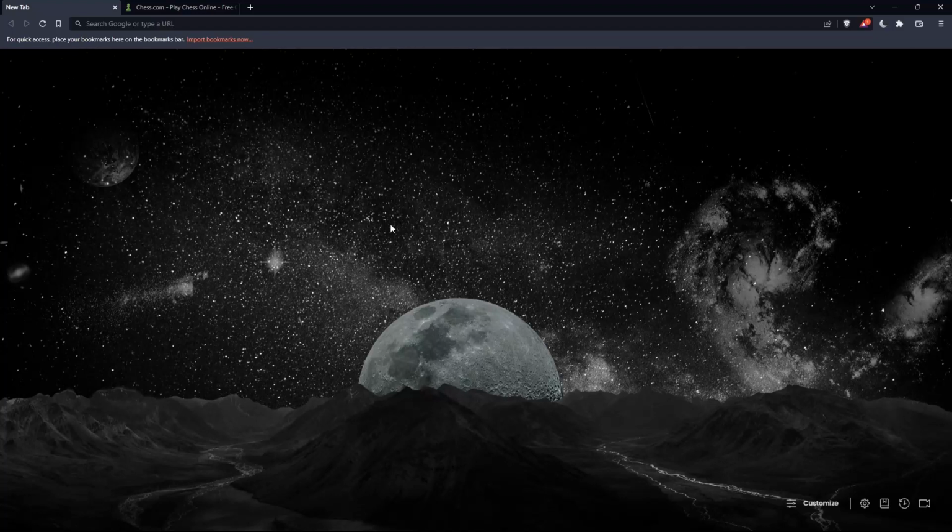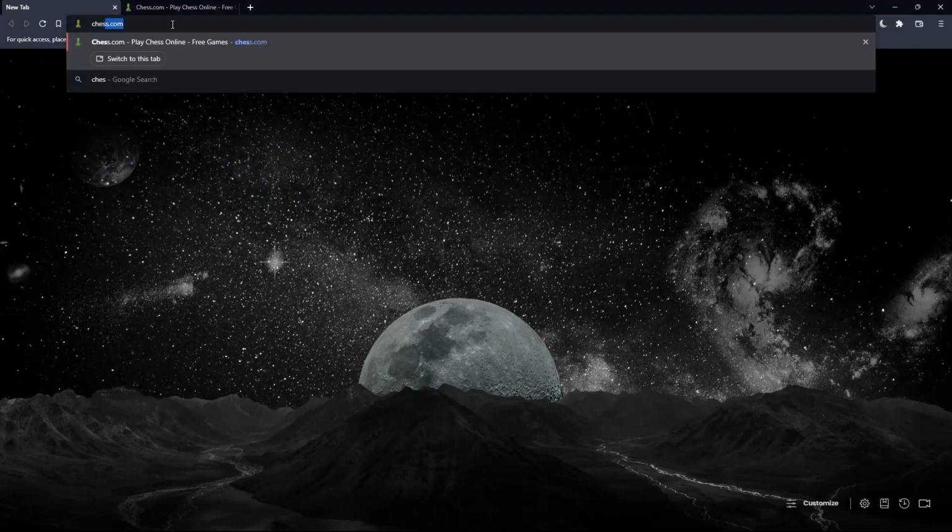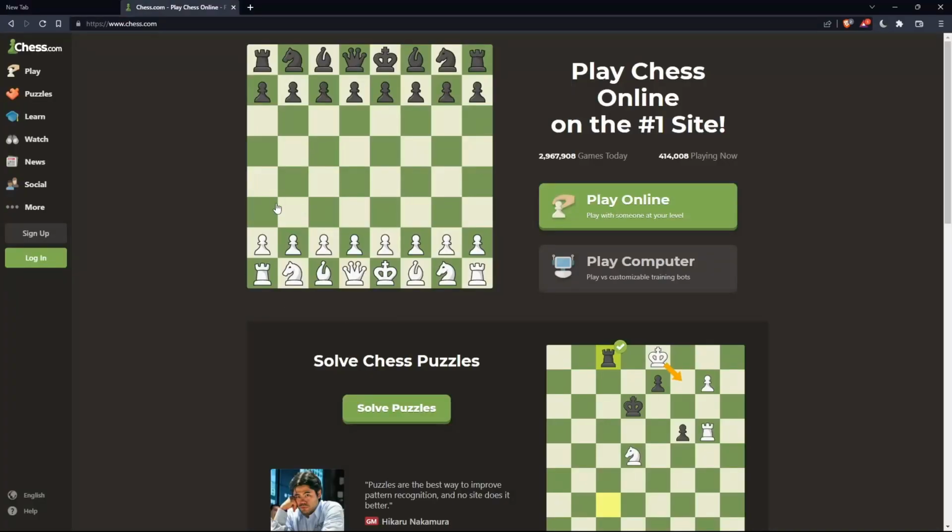But of course, in your case, you can use any other browser that could possibly work for you on your PC. Once you open that browser, make sure to go to this URL section and simply type chess.com and hit the enter button, and that should take you into this page. Of course, if you have an account, you can simply go and click on this login option on this left